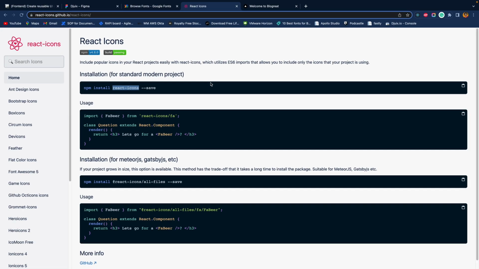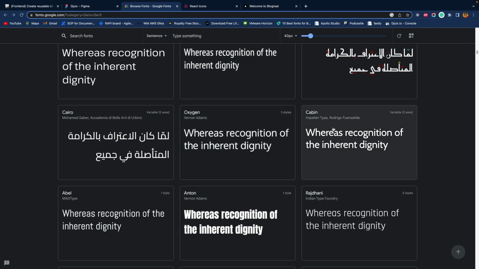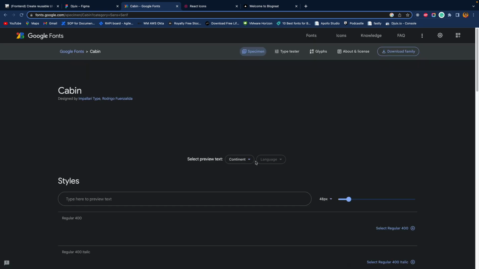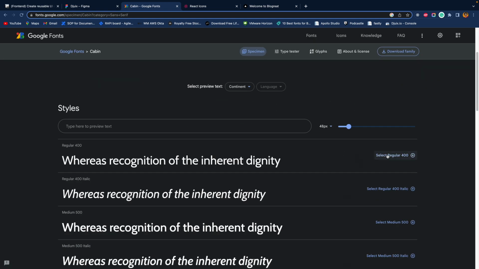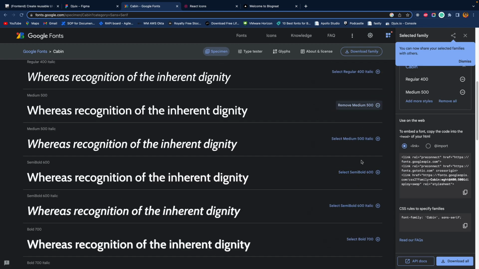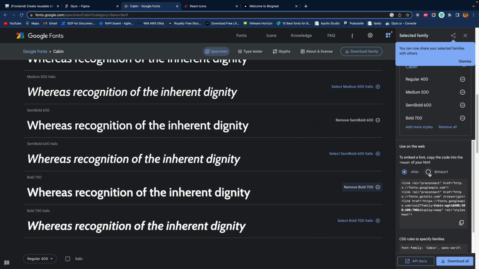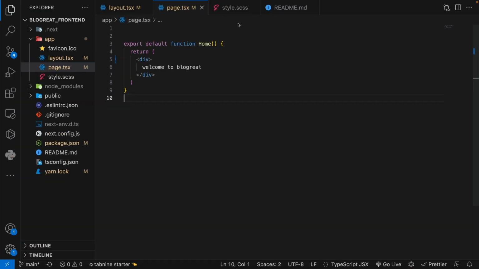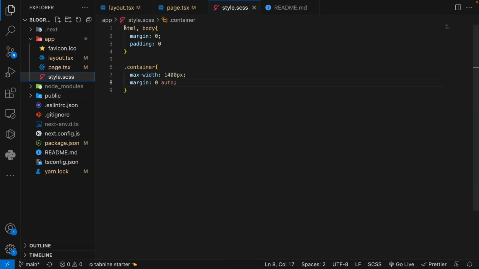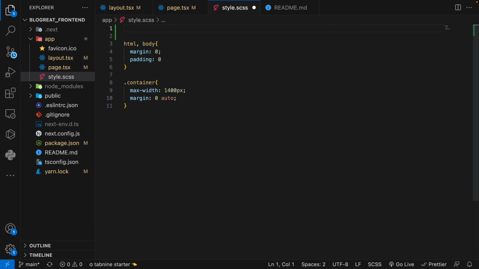Then also we want to get the font to use. So we are going to be using the Cabin font, so we can open it up and click on the font size we want to specify. So with those selected, I am going to use the imports, then copy this import information. Then come back to my style, then include this above here.